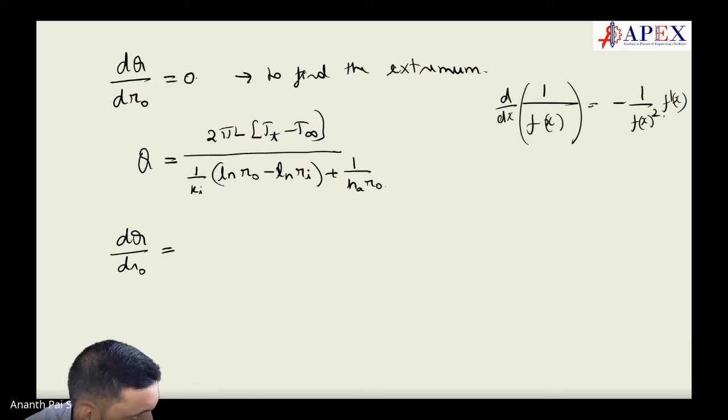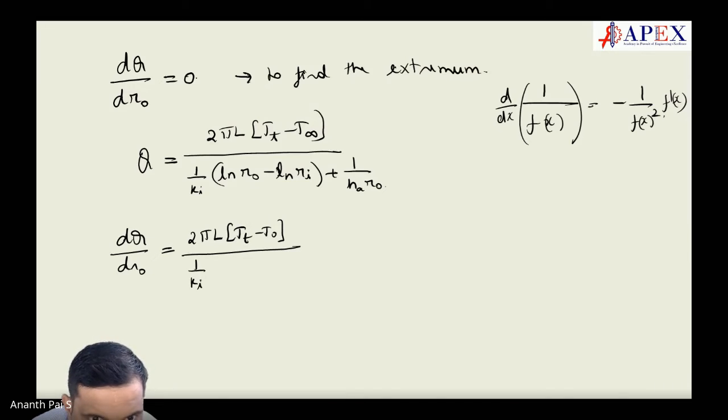Yes or no? Correct? With a minus. So this will come as 2 pi L (T minus T naught) into 1 by